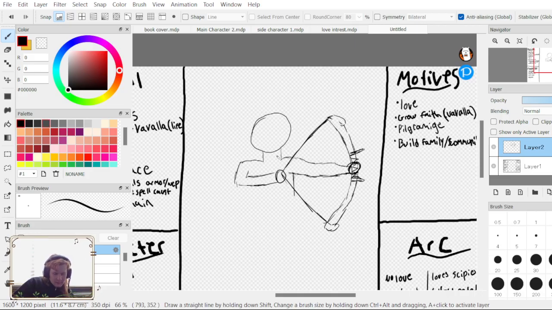I don't know, that doesn't really look like you're shooting a bow. Would the arm be higher?